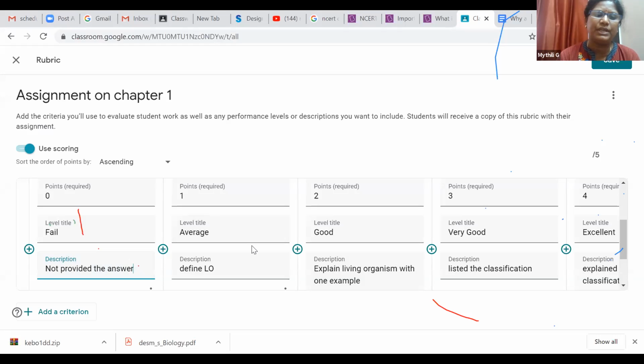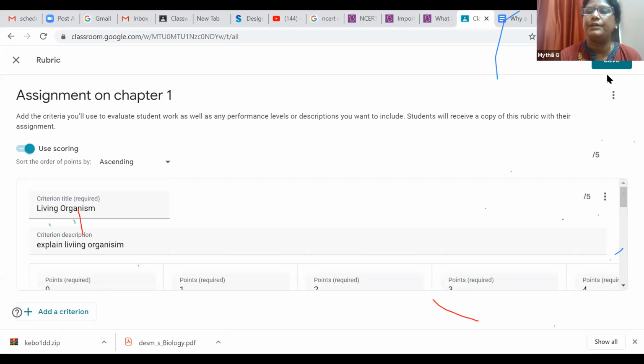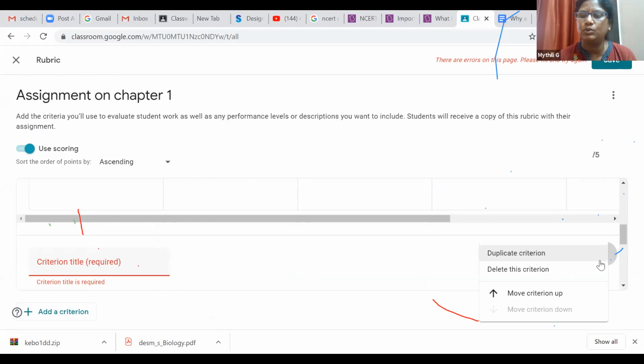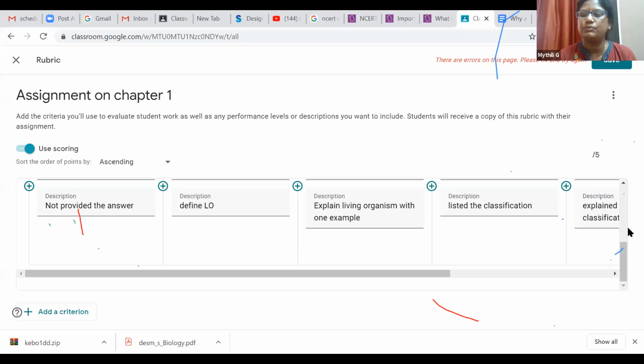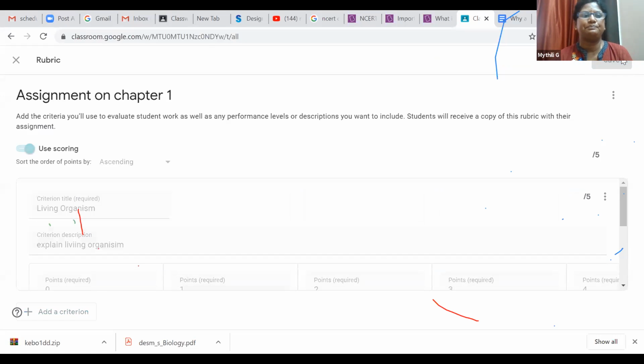Like that you can create more criteria, add the next criteria, and then set points for the other questions. Like that you can go on adding criteria. So right now I have created one, I will save it. Here I don't want this criteria, so I will delete it. Only one criteria I have created, I will save it.